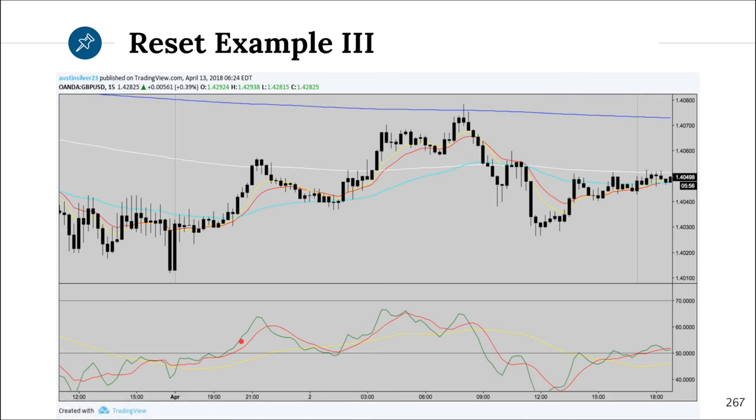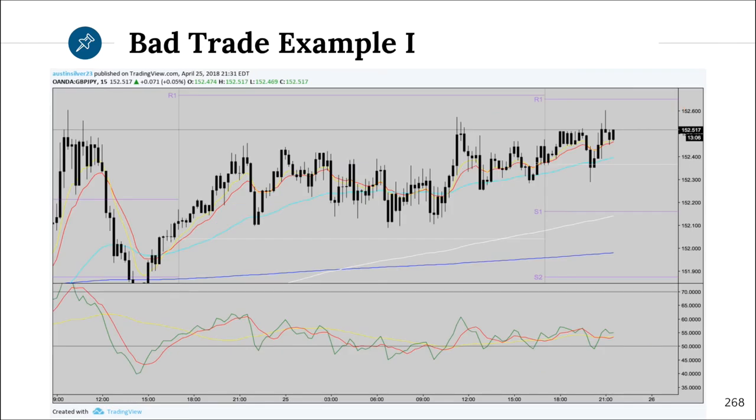But this example in particular is confirmed because the EMAs are saying sell, but the TDI moved into the buy zone, which would tell us to buy it. So we would not want to trade something that's in disagreement like that. Just avoid trading completely. In this example again, you can see why this would be a bad trade.